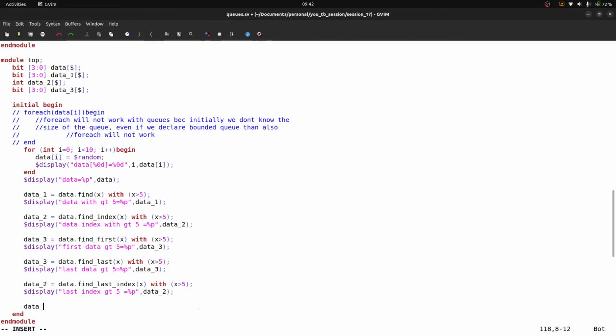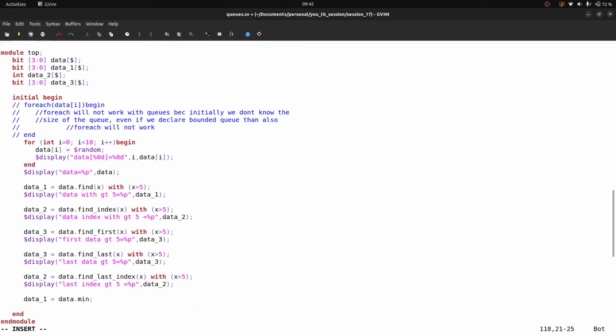Data_1 is equal to, let's say, data.min. $display minimum data is equal to percentile P and data_1.